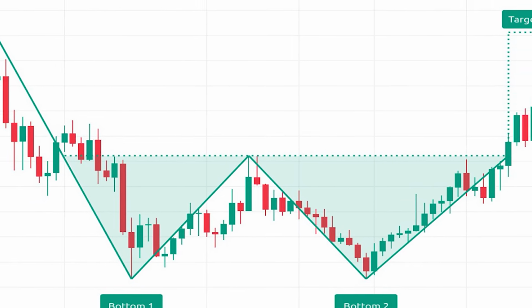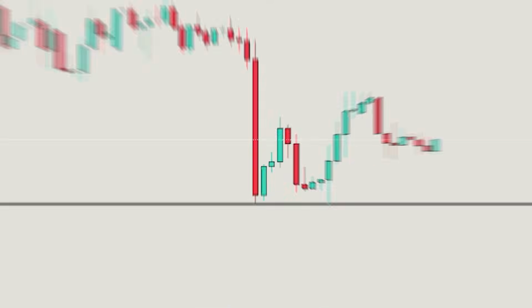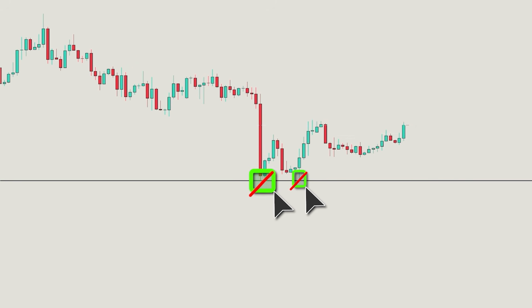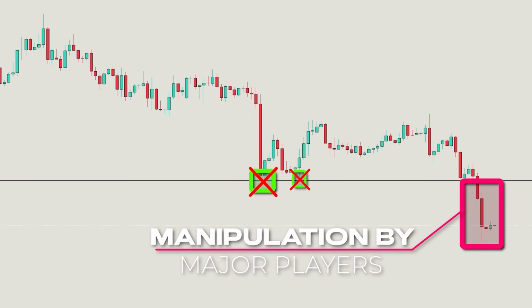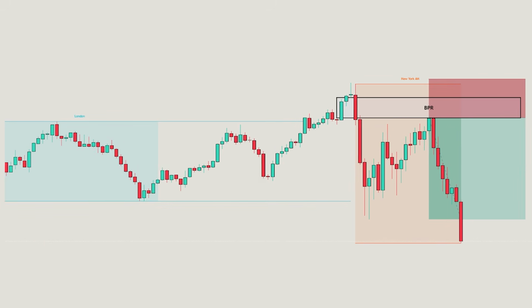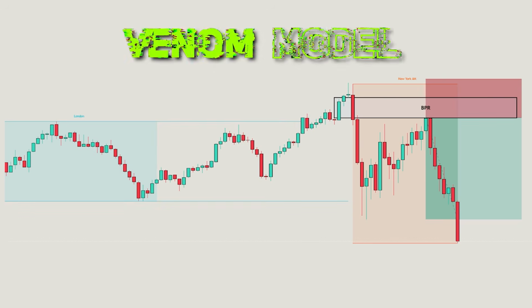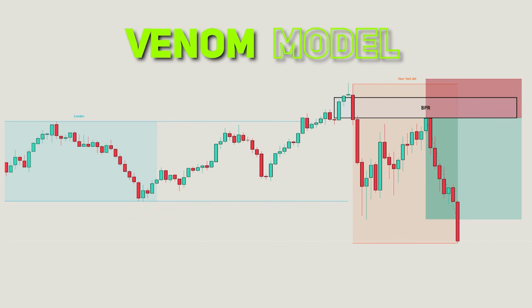Why do most strategies stop working in the real market? Because they ignore the main thing, how market makers move the price. Most people look for signals but don't understand the structure. And that's where the Venom model comes in, a new strategy from ICT, built on the logic of the big